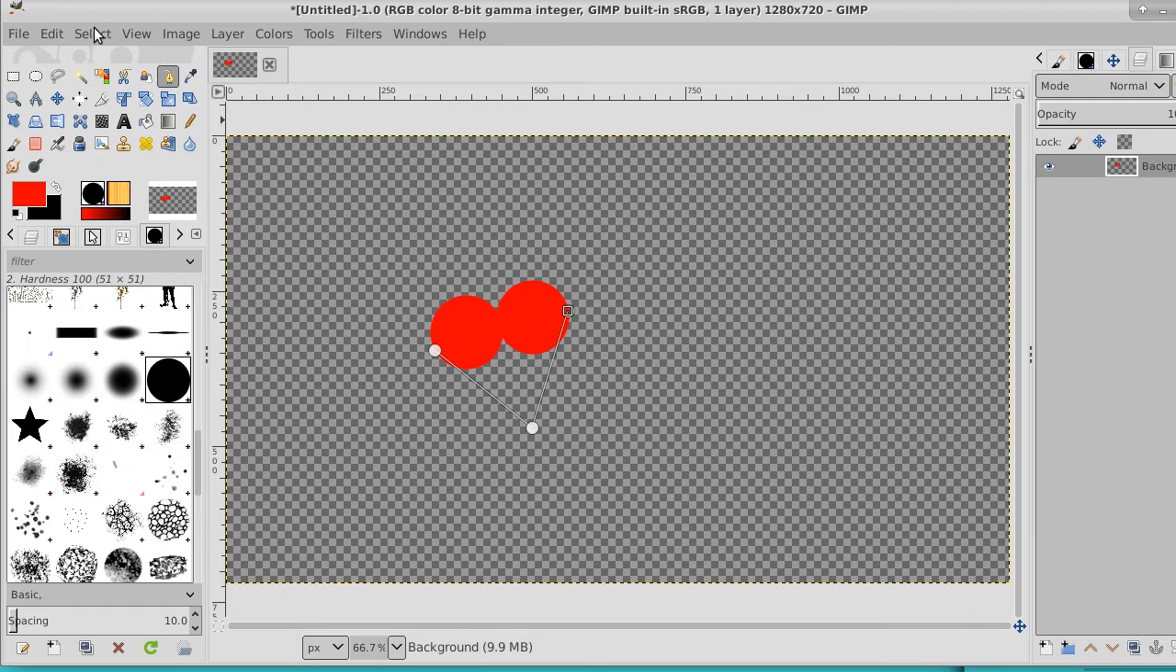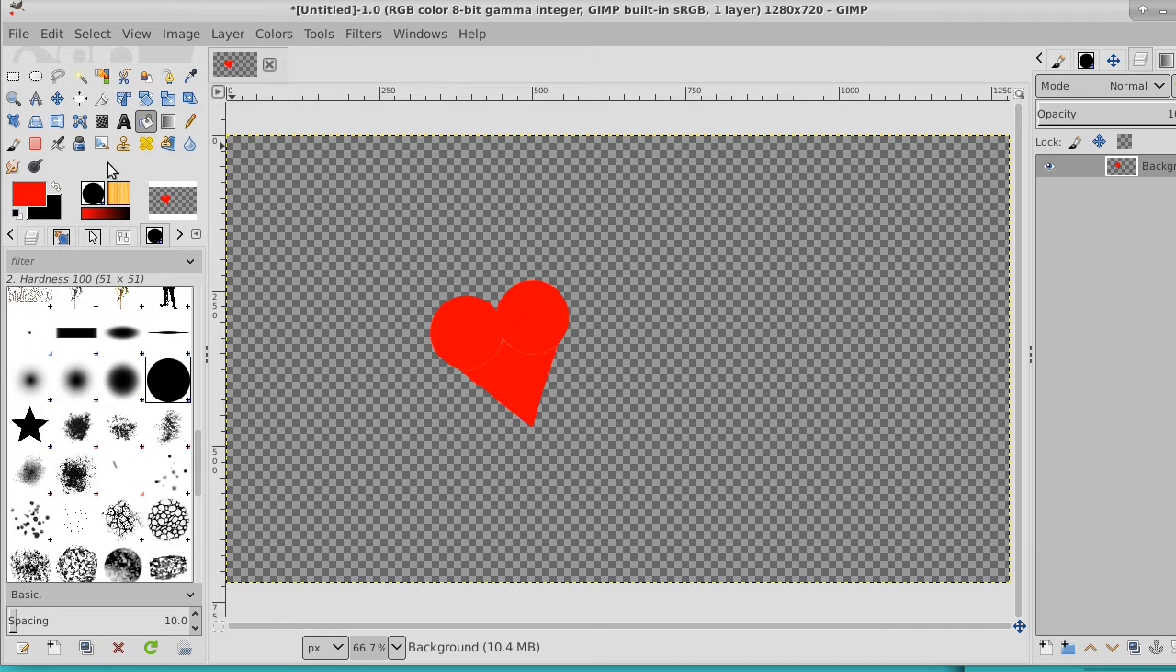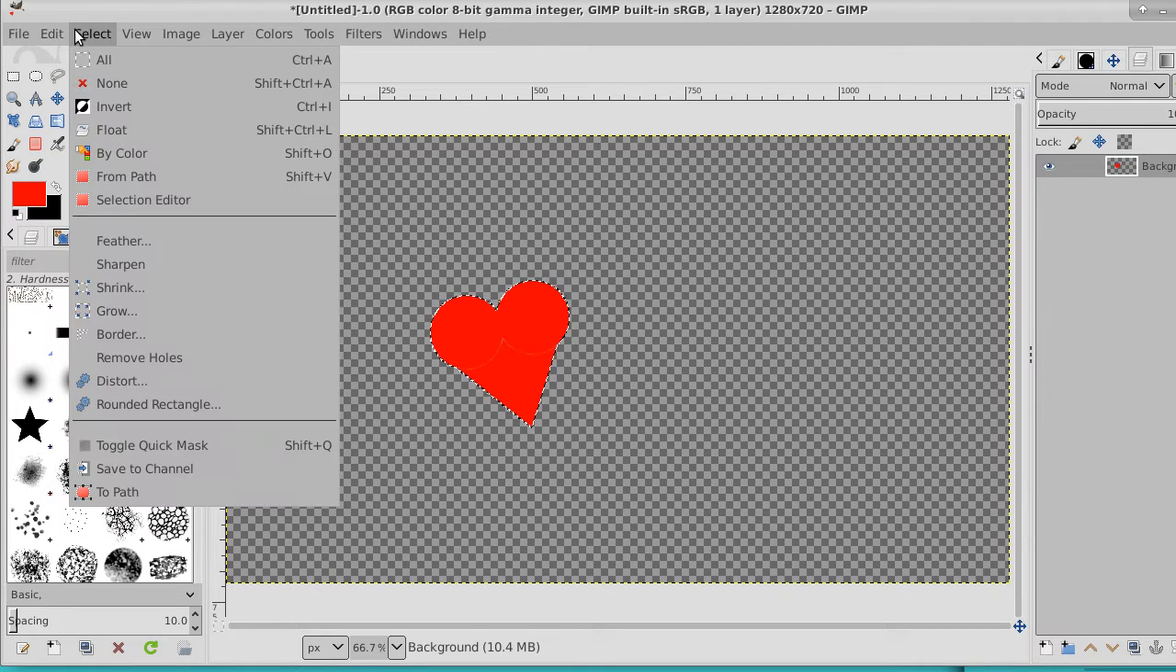And we'll close that in, select from path, and we'll paint it in. Okay, a perfect heart it is not, but it is a heart. Okay, select,